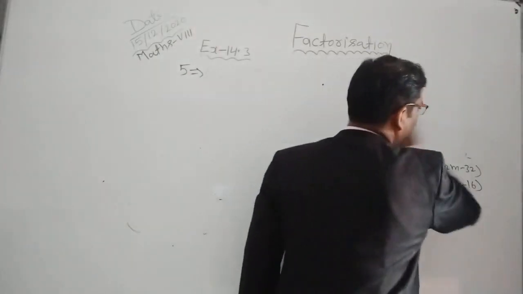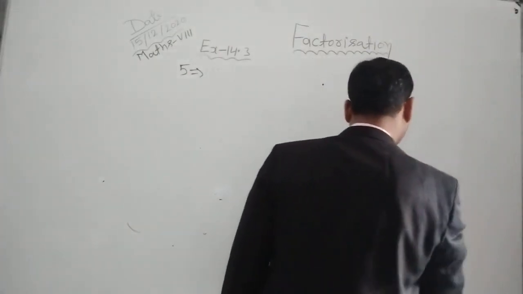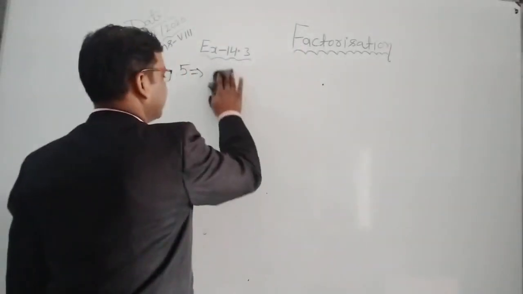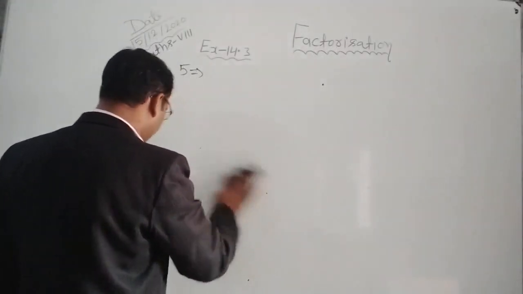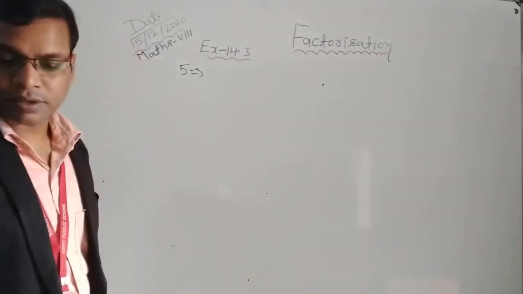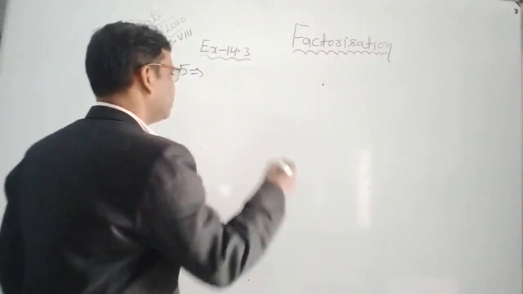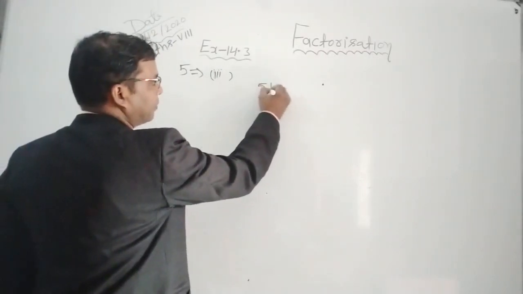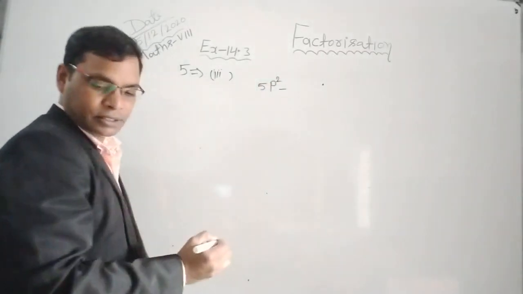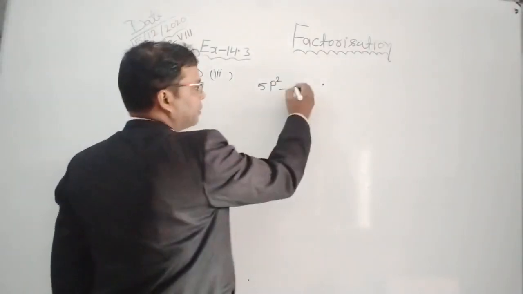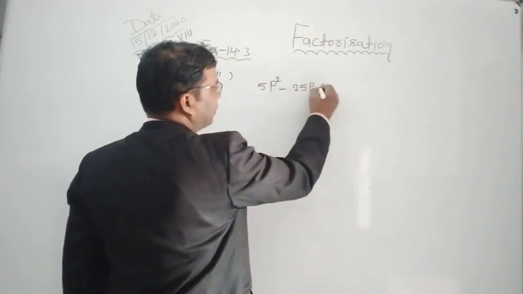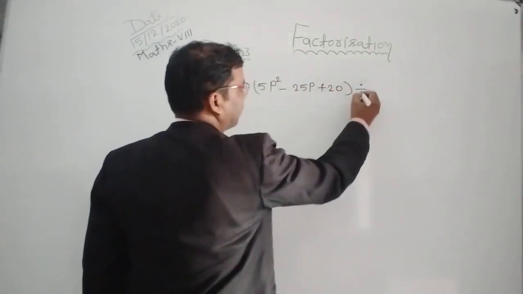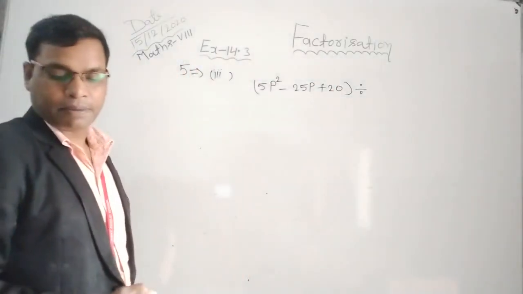What is in the third part of question number 5? In this part also we find the factors of the numerator, and after this we divide it by the denominator. So the third part is 5p square minus 25p plus 20 divided by p minus